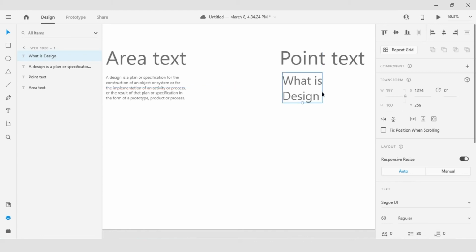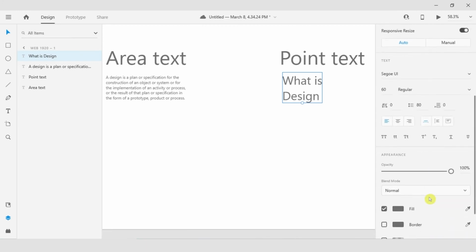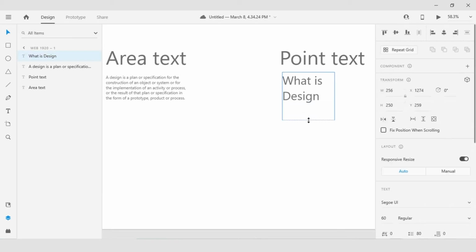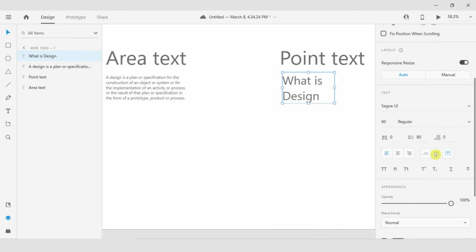Now I have the ability to toggle point text and area text. The way I would do that is, with the object selected, here in the properties inspector, somewhat hidden here in the corner, there is what took me 2 years to find. I can toggle between area text and point text. So if I click, it will convert that over to area text, where I could make it a very narrow column or make it even wider if I like to set it within a container. I can always toggle that back by coming back to the selection here in the properties inspector and switching it back to point text and then moving where I like to align it. So pretty straightforward.